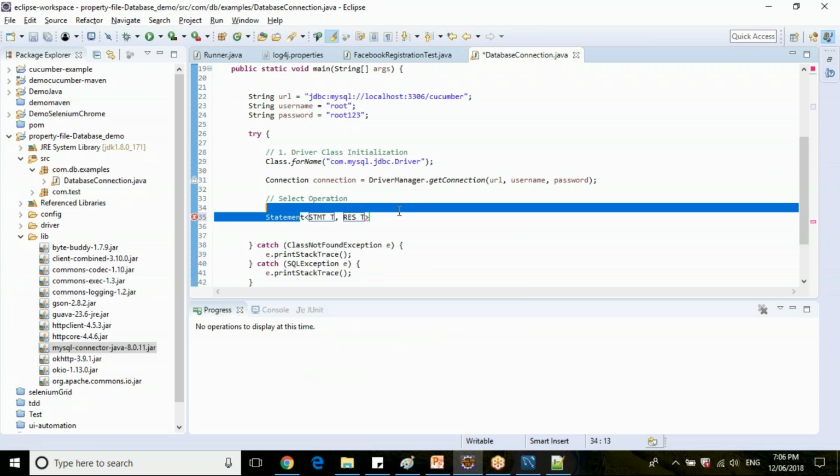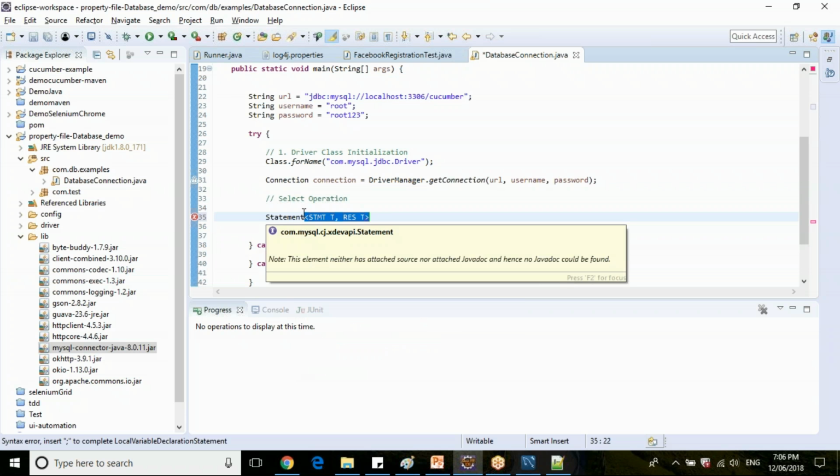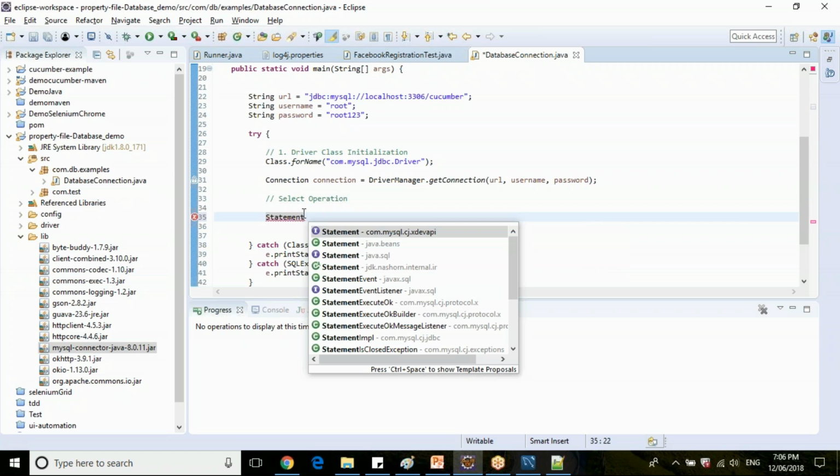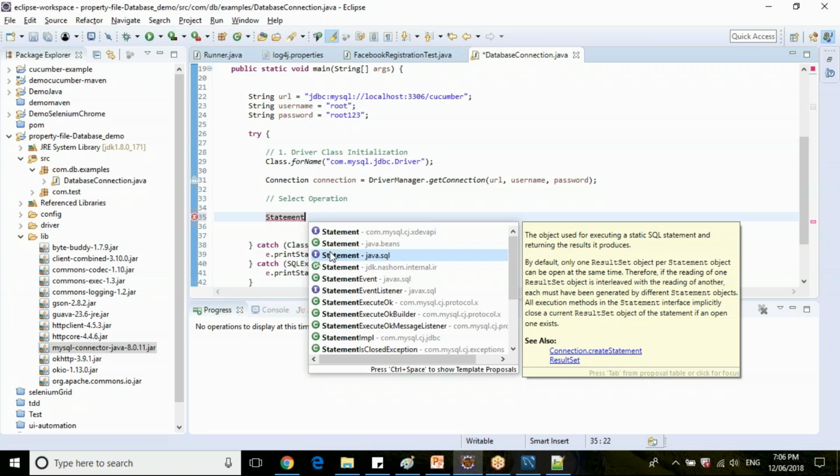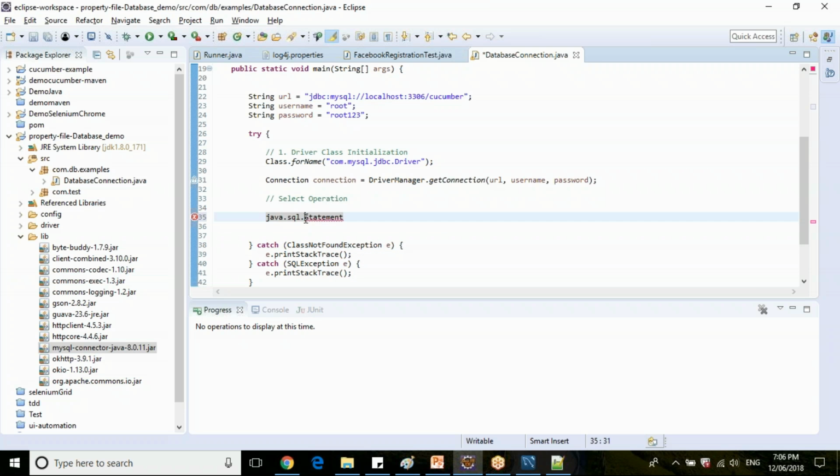Statement interface. So guys, make sure that you import the proper Statement, because there are a lot of Statement classes and interfaces from other packages as well. java.sql is our target import.